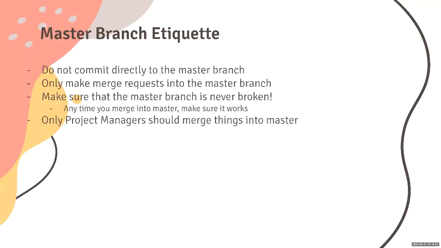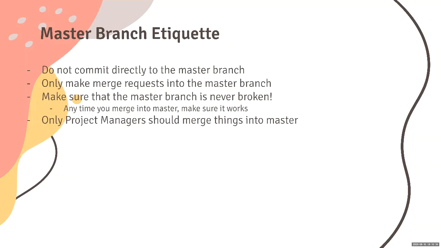So like I said, there's this one main branch called the master branch. And what we want to do is we want to protect this master branch. We want to make sure the master branch always has something that's working on it and there's nothing broken ever. So the way we do this is we make our own branches, we develop in our own branches, and once we know that our branch is working, we can merge, but